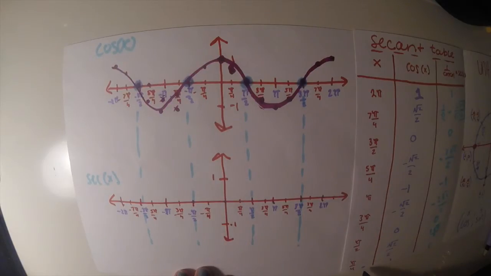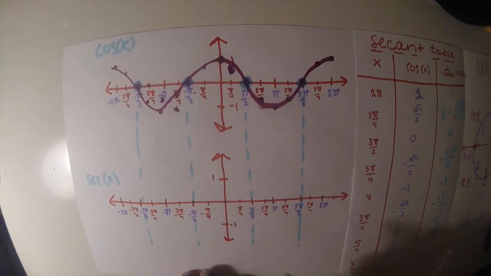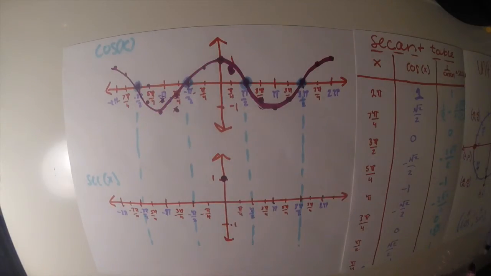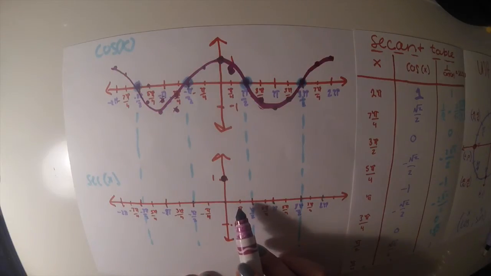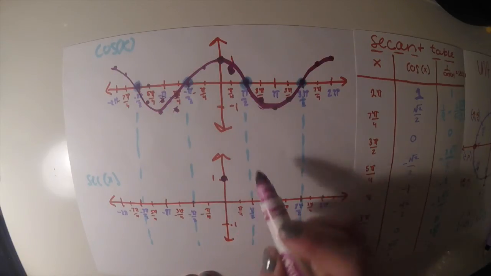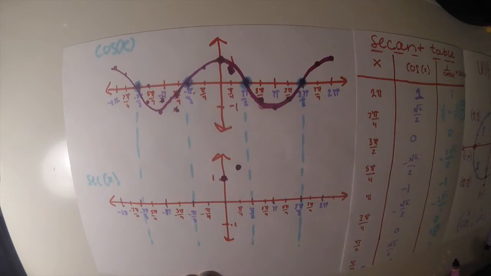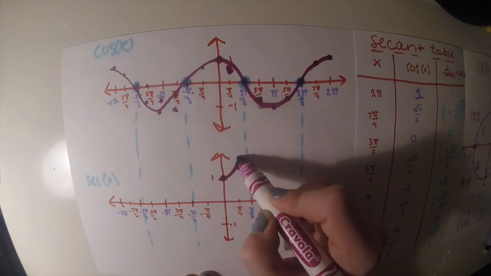Go back to this graph. At 0, cosine is 1, and then we do 1 over the cosine of 0, which is 1 over 1. So there you go. Next, when we do pi over 4, which is here, it's going to be 2 radical 2 over 2, so roughly right here. And then, since we know it's an asymptote, we're just going to go like this, and we're going to know it's going to travel